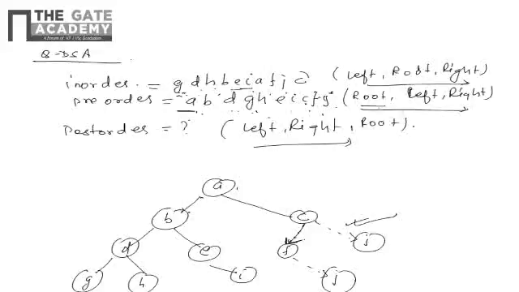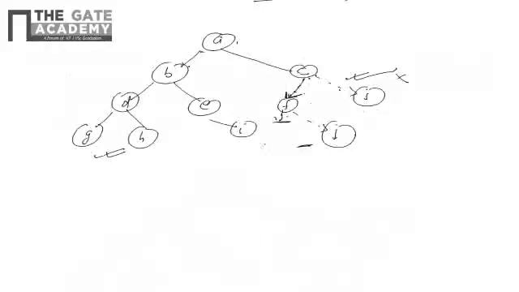In-order means left, root, and right. So F is on the left, then where is the root? The root is not J, so this won't be correct, this will be wrong. Now check the other one: F J C. Left is F, fine, this is the left part. Then because there is no left already, J comes, and then the root part will come. Because there is no right, this won't be considered.